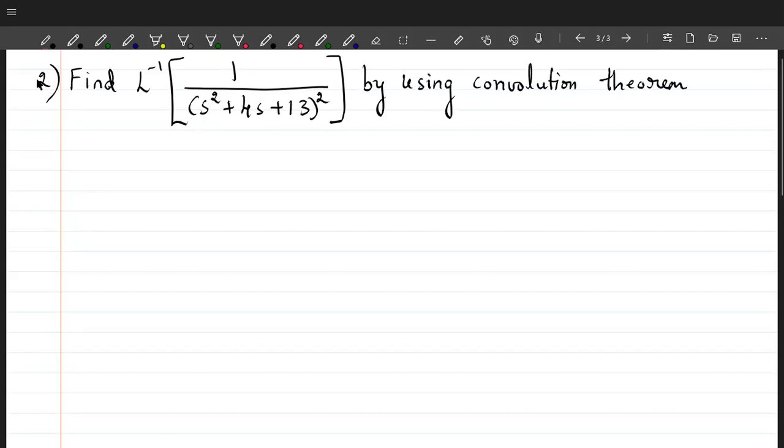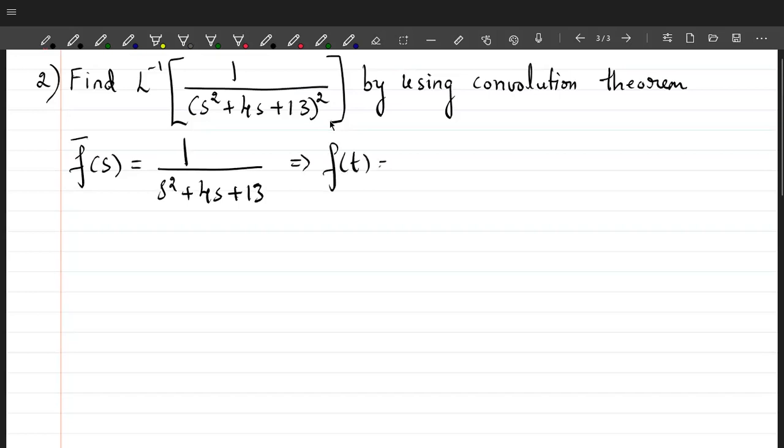So now here what we have to do is first of all identify what is f bar of s and what is g bar of s. You can see that the term s square plus 4s plus 13 is being multiplied 2 times. So f bar of s and g bar of s, both of them will have the same value. So f bar of s is equal to 1 by s square plus 4s plus 13. That implies f of t is equal to L inverse of 1 by s square plus 4s plus 13,